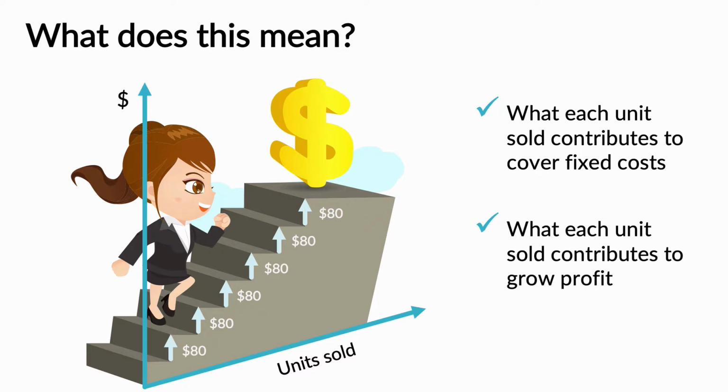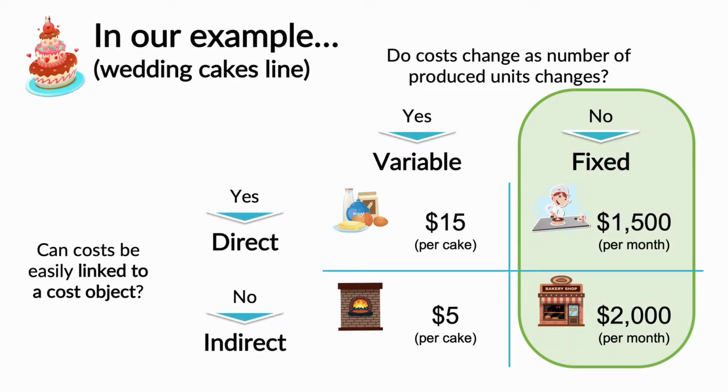Now, in our example, we have seen that the bakery has a specialized wedding cake decorator that costs $1,500 per month, which is a direct cost of producing wedding cakes. Obviously, the wedding cake's production line should generate enough margin to cover this cost. But the wedding cake production unit also needs to cover its share of the bakery's indirect fixed costs, which in our example amounts to $2,000. An important thing to note here is that those $2,000 are the part of the overall business fixed costs that we consider should be covered by the wedding cake's production line.